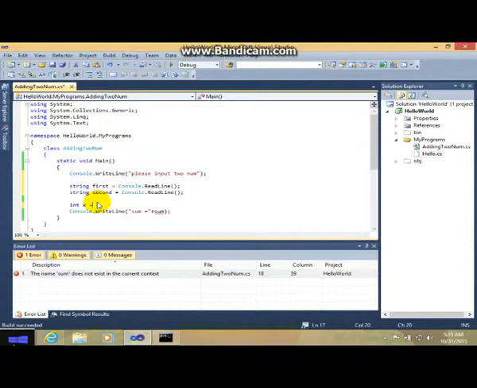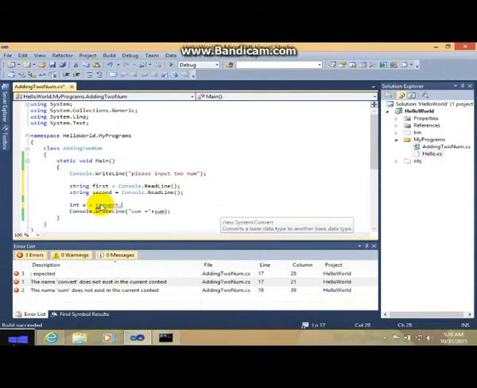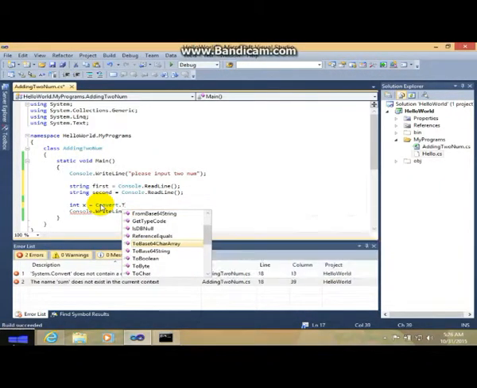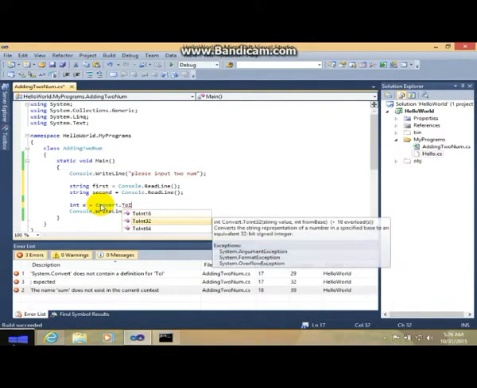So int x is equal to Convert. We'll convert this string into an integer. Take note that integer is different from int, so make sure to convert from string to integer. Convert.ToInt32, capital I, 32, like this.